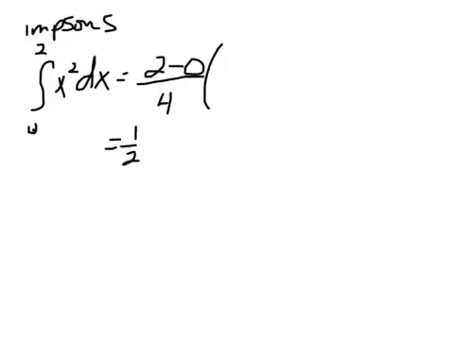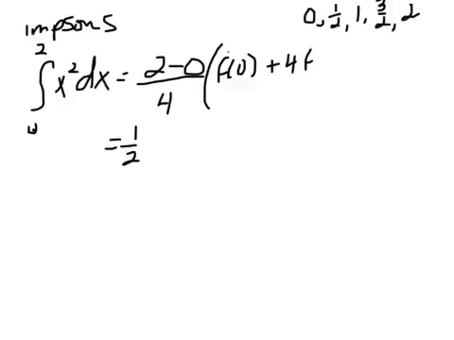Then in Simpson's rule, we're still counting by half: 0, a half, 1, 3 halves, and 2. If you write those up on the top of your paper in the problem, you don't have to refigure them from scratch for both Simpson's rule and the trapezoid rule. You're going to use those same values. But in Simpson's rule, it's going to be f of 0, then you're going to alternate between 4 and 2: 4 times f of a half, plus 2 times f of 1,